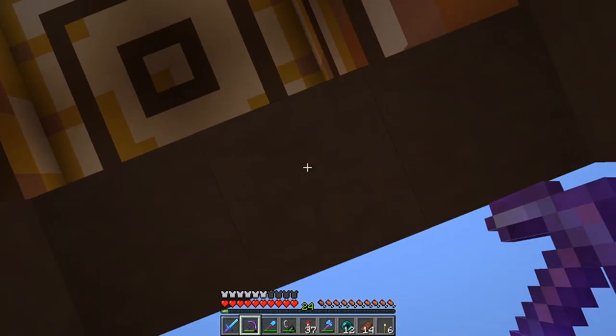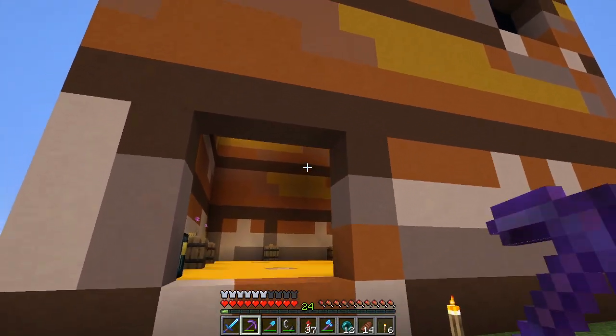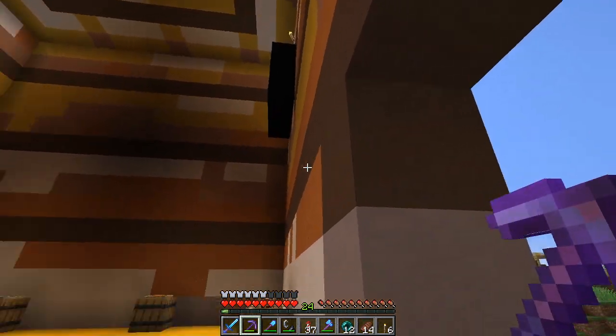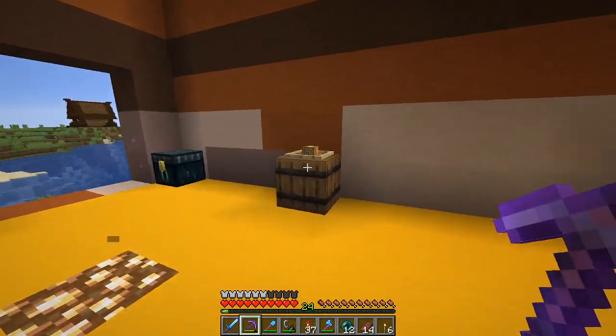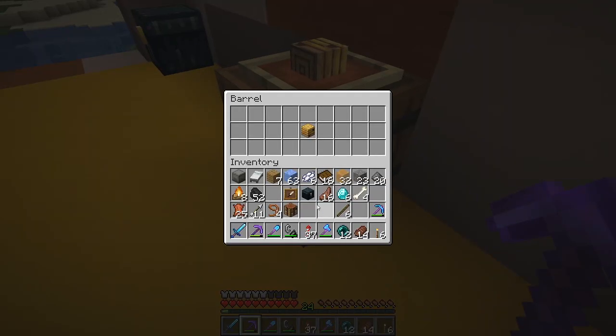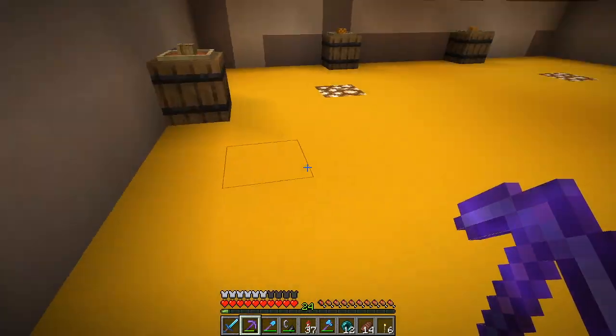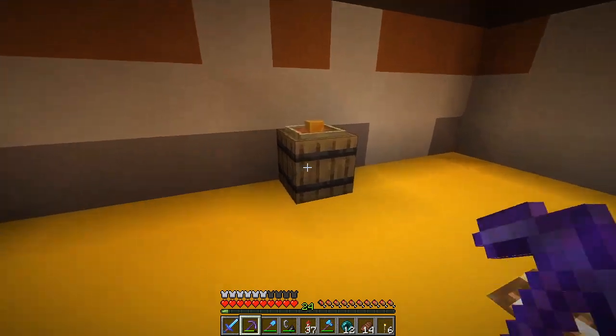And we are currently standing in a brand new shop in the shopping district. This is Embed's beehive shop or honey shop. And as you can see, he's selling a bunch of stuff. Wait, are these... these ones got bees in it. Ooh. Okay, I might buy that later, but as of right now,